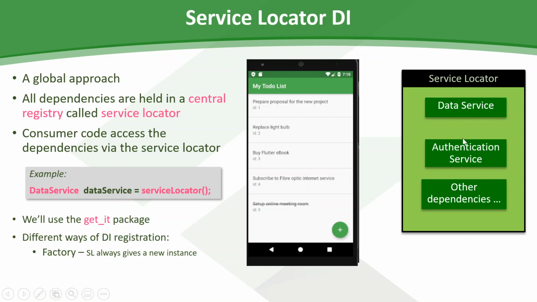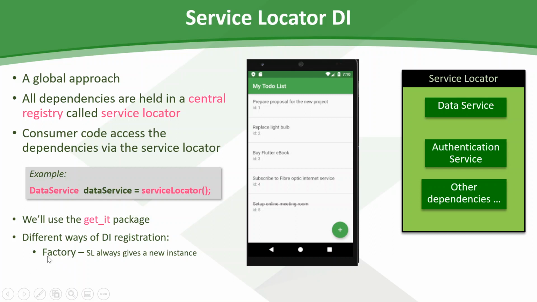As you can see here, because we know that the service locator is holding all the dependencies. In order to tell the service locator to hold that, you need to register the service that you want this service locator to handle. So this is what I mean by this one. There are different ways of registration. You need to register. So for example,